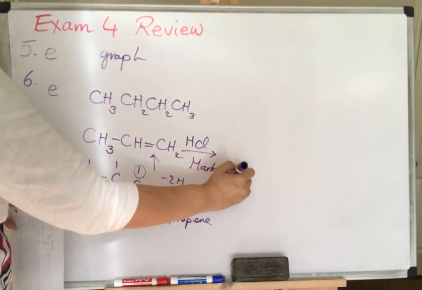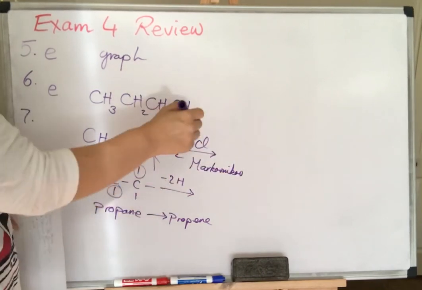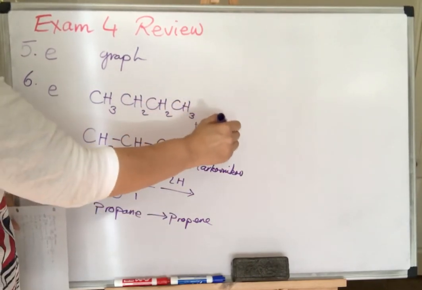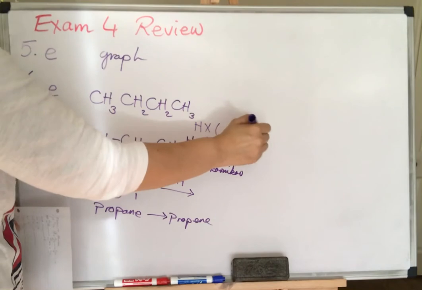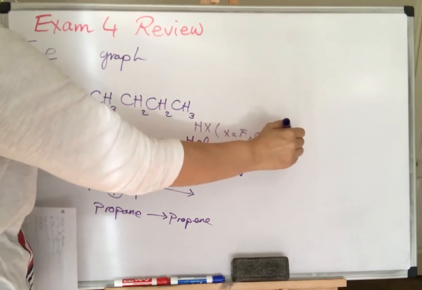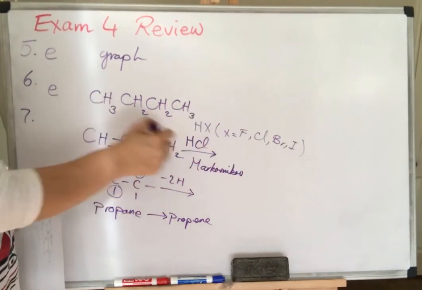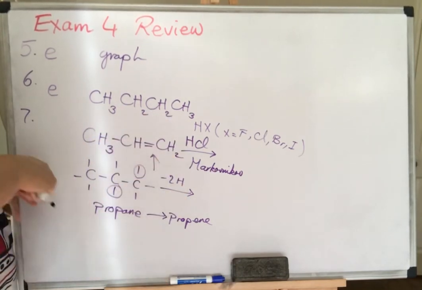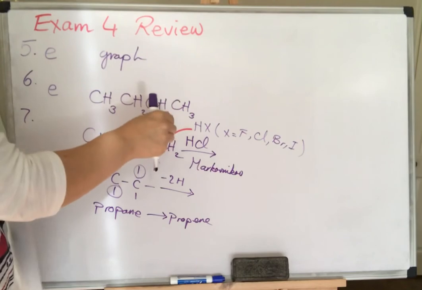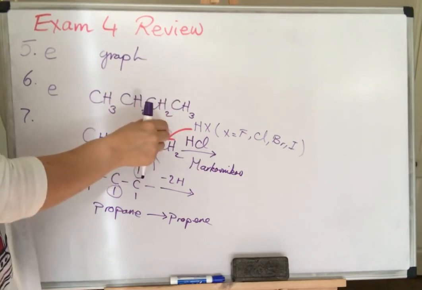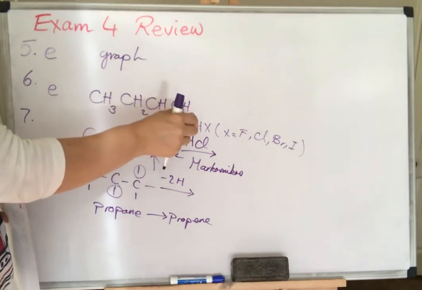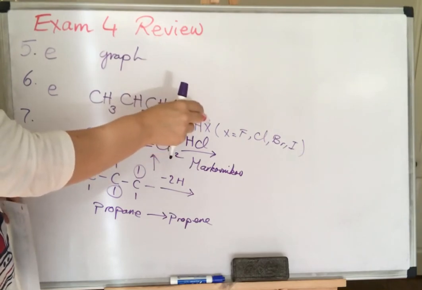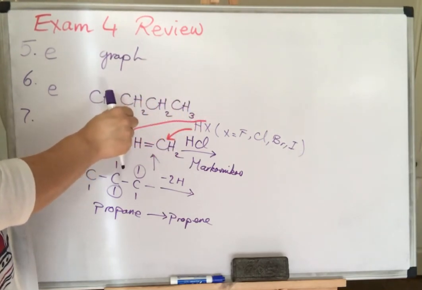When you're adding an HX, X is going to be fluorine, chlorine, bromine, or iodine. In addition of HX to an alkene, the carbon with more hydrogens will grab the hydrogen. So we say the hydrogen-rich carbon gets richer, it gets the hydrogen, and the halogen will go to the